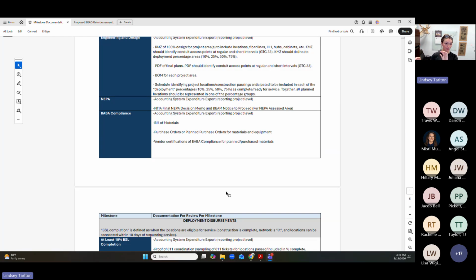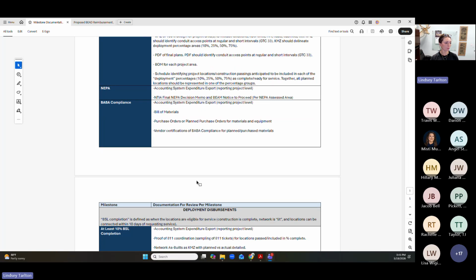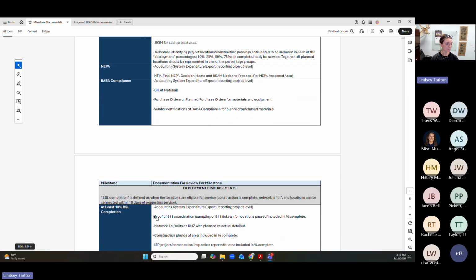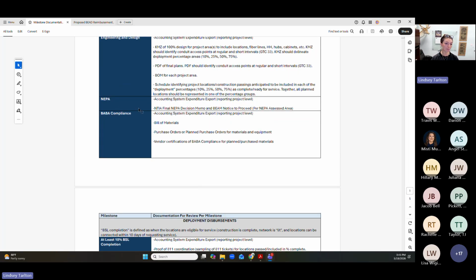But NEPA area 2 hasn't gotten there yet. There is a hypothetical world where you could obtain this reimbursement request prior to obtaining your NEPA milestone, because all NEPA assessed areas underneath the reporting project have to obtain all clarity and notice to proceed forward before the NEPA milestone can be released for reimbursement.